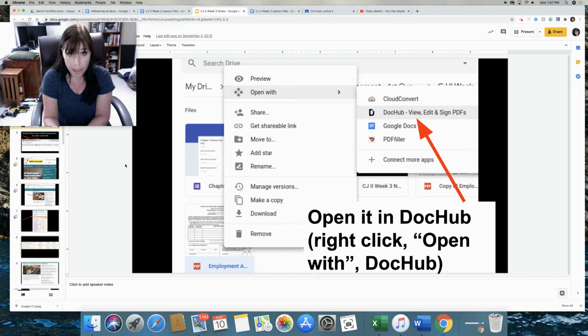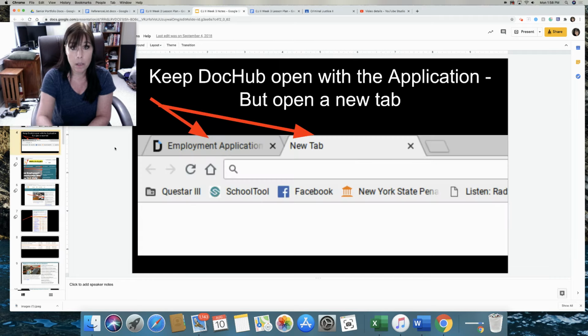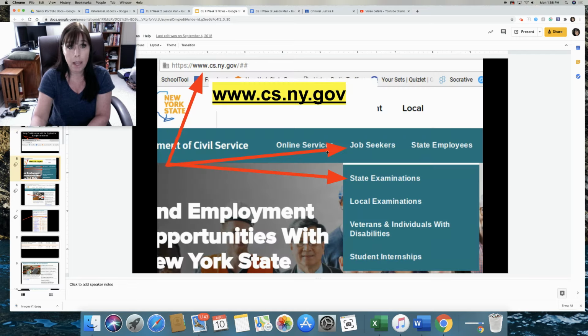After you've done that, you're going to open with DocHub. And you should remember this because we used this for your arrest reports and incident reports last year. This is the app that we use to edit PDFs. Okay, so open it in DocHub, and you can just right-click on it and open it with DocHub. So once that's open, you're going to keep it open, but then you're going to open a new tab. Right, so this is what it'll look like here. You're going to open up a new tab, and then,